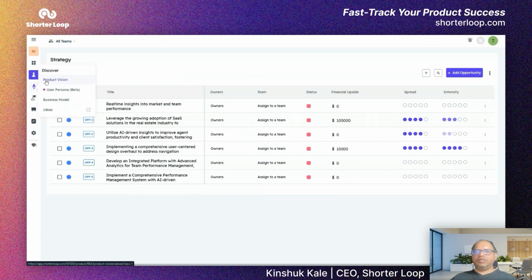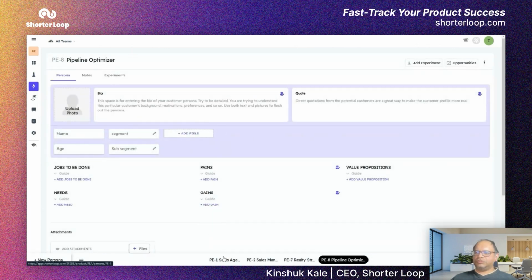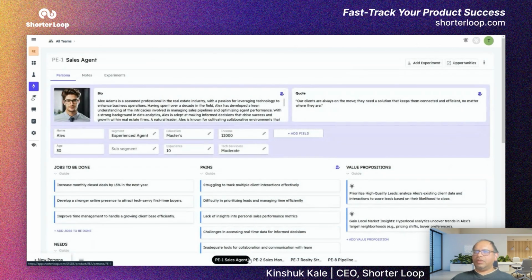So basically, these opportunities are coming from many places. One of them is your idea manager, which is part of your discovery, which is your mining feedback from your existing customers to figure out what are the improvements, what are the opportunities. Second is from your market research. So as you go out and talk to different customers and different people, you can create